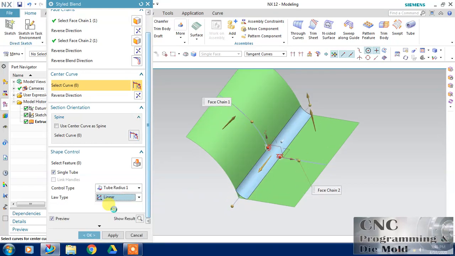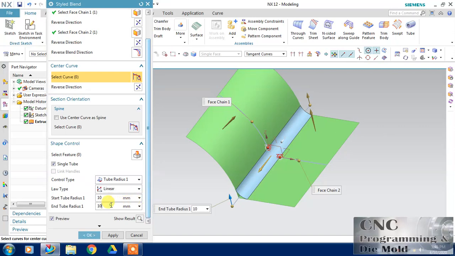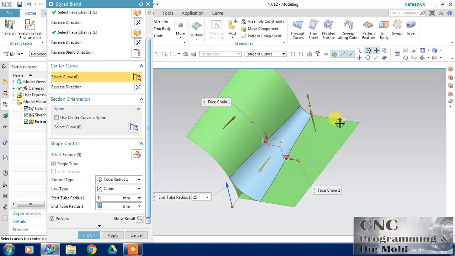Now I change it to linear, and with the linear option I can change the radius at both ends, and at the first end it is 10 and on the opposite side it is 20. Now change it to cubic. The pattern will be a cubic radius, you can see.